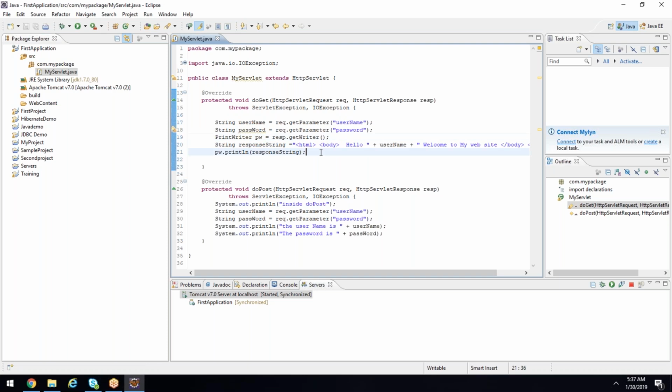So now let us learn more things here. Whenever you want to send some response back to the browser, you need a writer object, and using the writer object you call println and just pass the string, whatever string you want to send back. Okay. So for example, now I want this "Hello Ramji, welcome to my website"